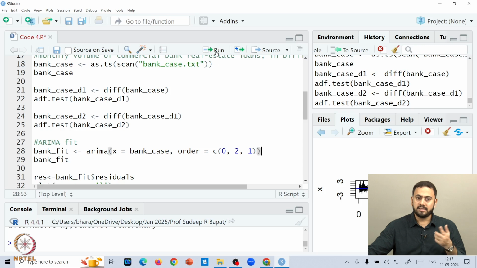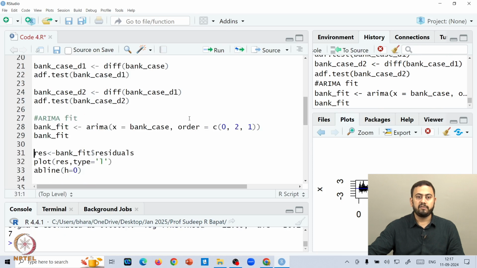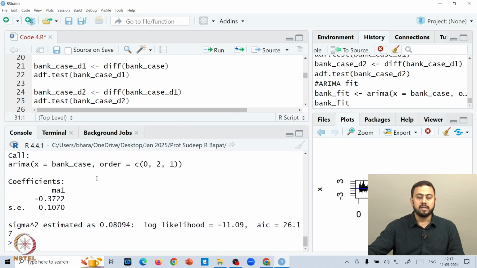Now again, one small summary point: why exactly these orders and not some other orders? I'll show you exactly why, and I think we discussed this point in the earlier code also. Once you fit this ARIMA, you get hold of the fitted coefficients and so forth. So here you see that 0, 2, 1 essentially is nothing but MA1. So you don't have any AR component. This gives you the MA coefficient, and here it produces an AIC value. Until last time we were not confident about what the AIC means, but now we are. AIC is Akaike's information criterion. Okay. So just try to remember this value. The AIC value is 26.1.